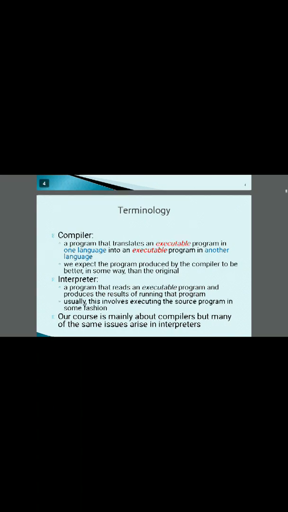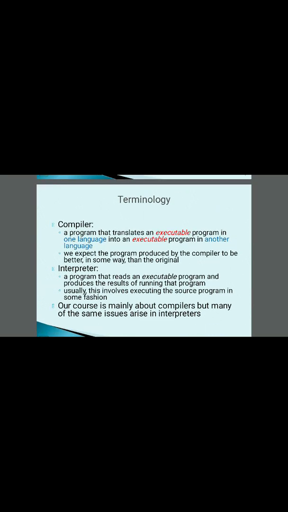Our intention here is that you have written some code in some high-level language, and it should be converted into an executable program, but it is not in the same language, it should be in some other language. Please understand the difference here: as we have mentioned, the word executable. Why have I written it as executable? It is not necessary that you will be using only the machine code.